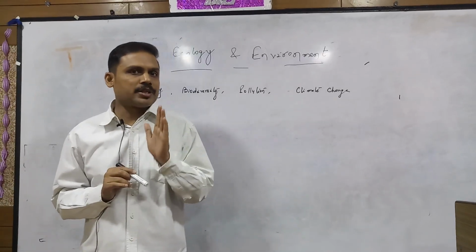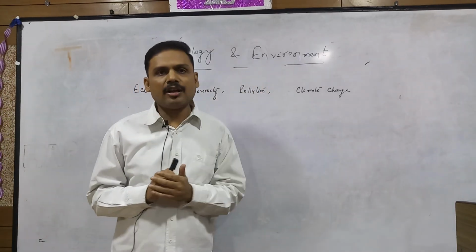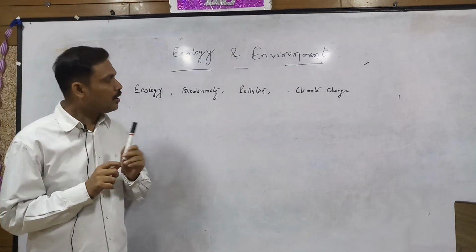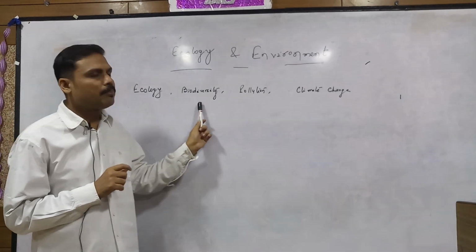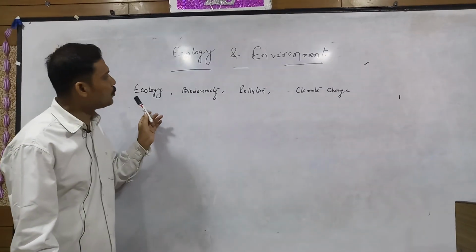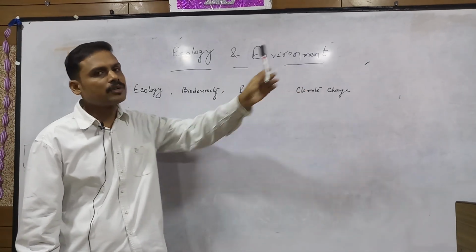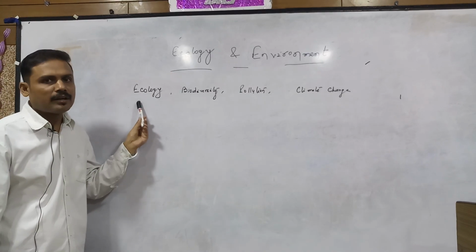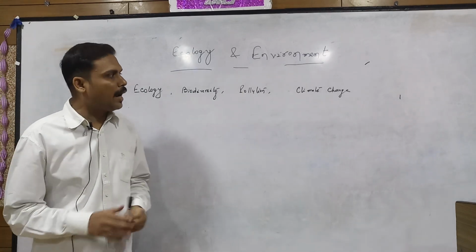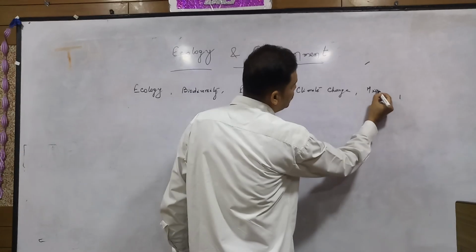If we further observe the syllabus that has been provided by the UPSC for ecology and environment, we'll find that it has been divided into 4 different sections. They are ecology, biodiversity, pollution and climate change. These are the 4 sections which cover all the syllabus of ecology and environment. Further, each section will have 2 or 3 chapters, and in addition to that we will have some miscellaneous topics